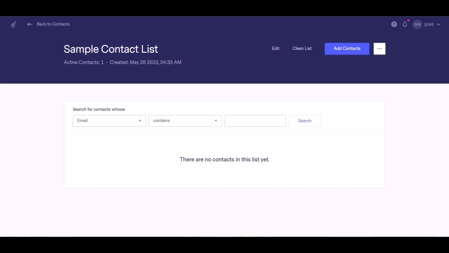Now go to the Benchmark page and refresh the page. You can see the data came